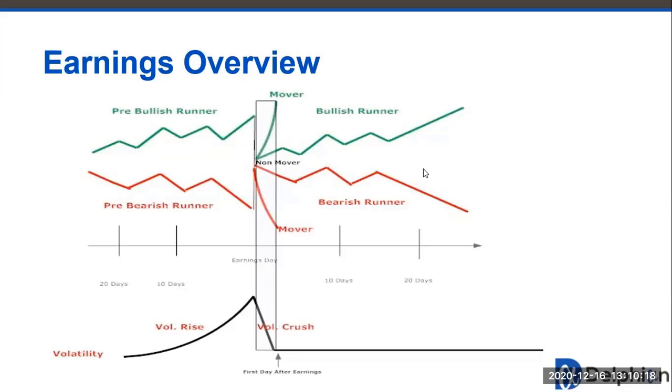Okay, so just a quick overview of earnings and the different types of strategies. We rolled it all into one graphic to explain things from a 30,000 foot level. Some of these trades are a lot more complex, whereas some of them are pretty basic. So we'll go through each one of these individually and show you examples of Q3 and ones that we like in Q4. So in basic, the pre-runners.